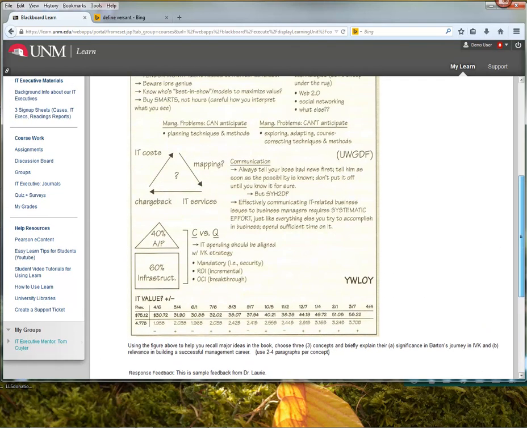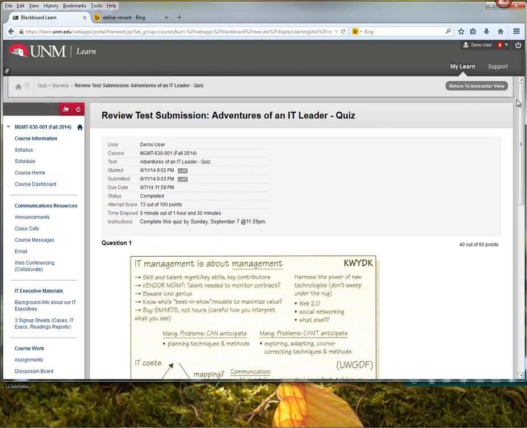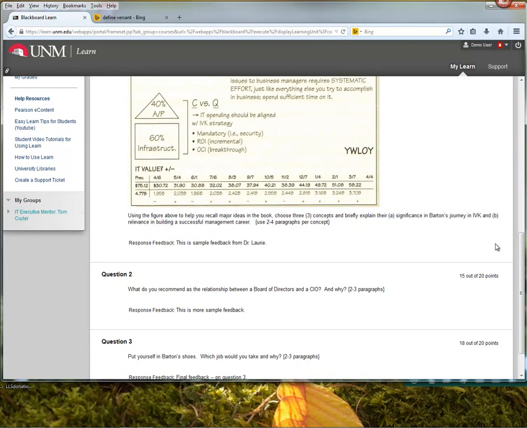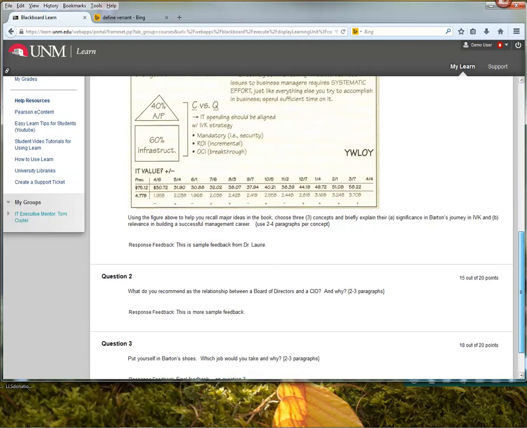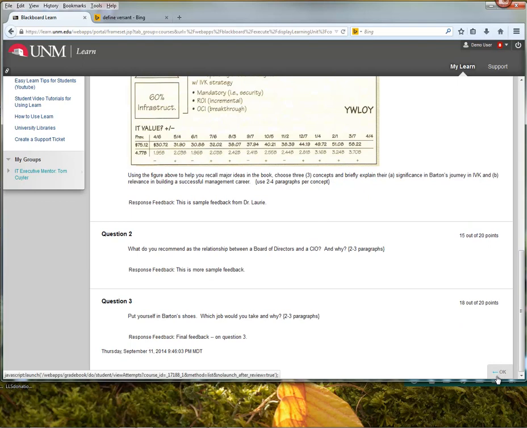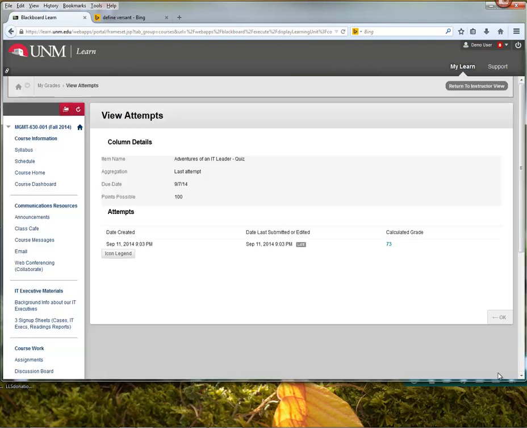Now your screen may look a little different because you're an actual student and I am a demo student here. So when I view my own work, I don't have the same resources available to me that you will have. But my responses will always show up in the quiz. So if I'm satisfied with this, I simply press OK at the bottom of the screen to return to my attempt. If I go back to my grades,